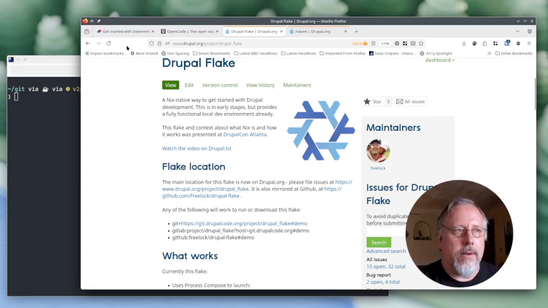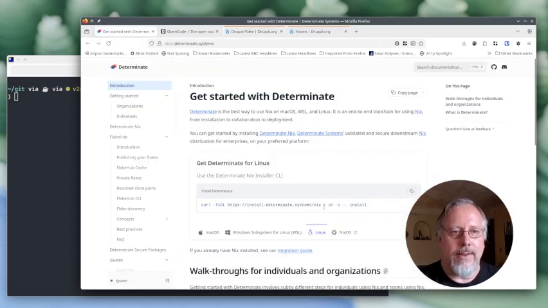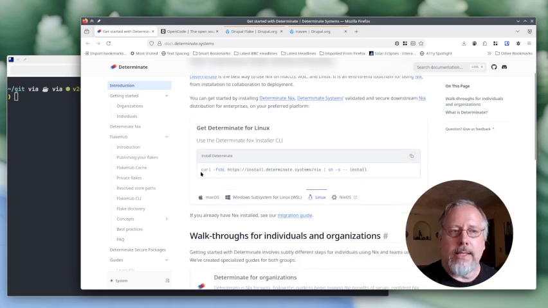So to get started, this does depend on Nix. A flake is basically a construct for Nix, which is way too much to go into here, but we'll be blogging and doing videos about it going forward. Determinate Nix is a version of Nix that has flakes enabled, so this is probably the quickest way to get started. This is a command line environment. We're talking about command line coding agents here. And so this would be the place to get started so that you can use the Nix Drupal Flake that